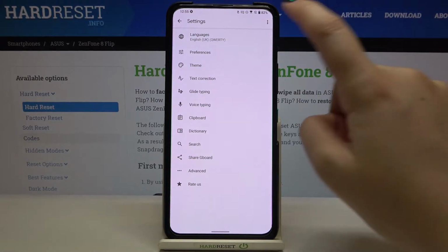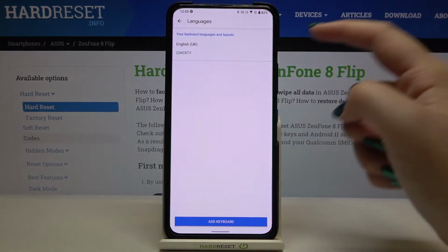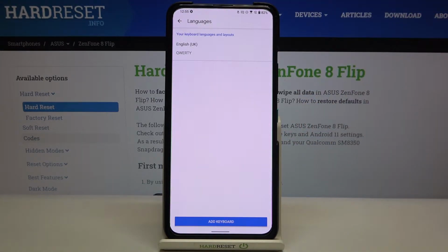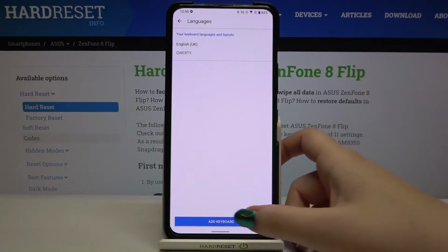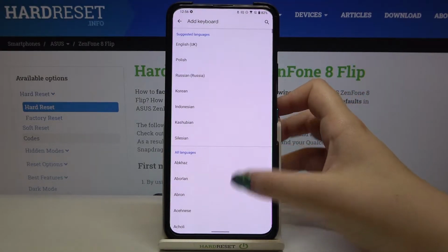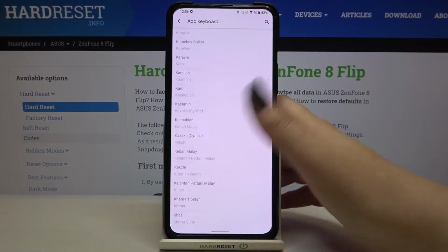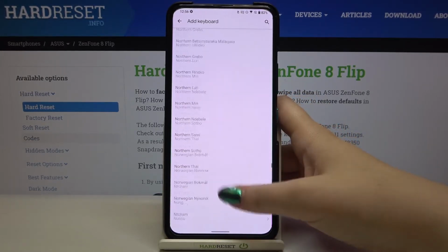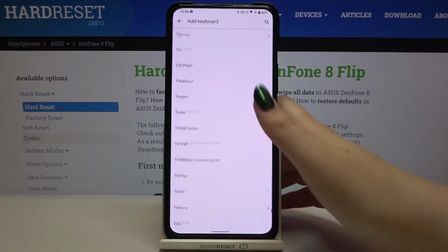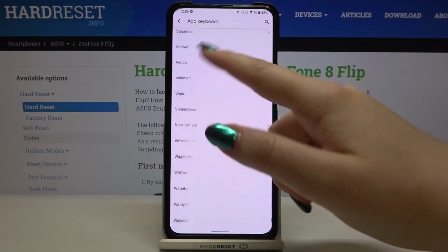So let's enter the settings, let's tap on the languages, and as you can see here, we've got the list of previously added ones. We've got only English right now. So let's tap on add keyboard, and here we've been transferred to the full list of all available languages from which we can choose. So as you can see, we've got plenty of options to choose from,